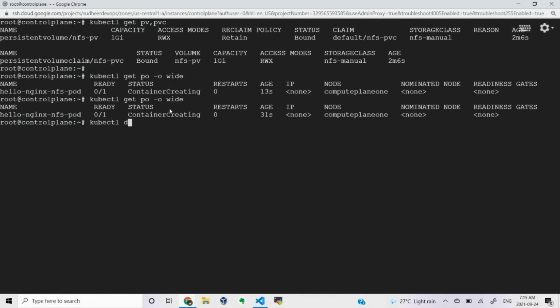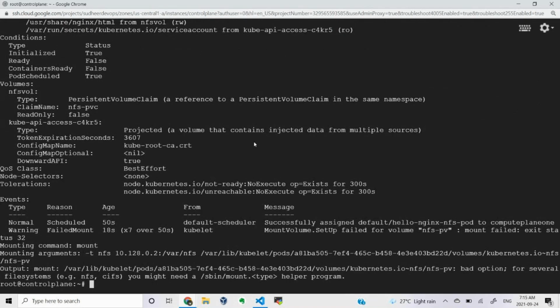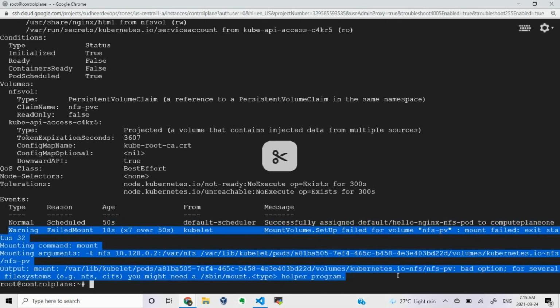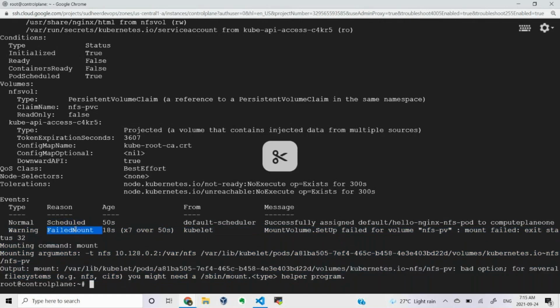I just want to see. So then we have to use describe pod and the pod name. You can either give a space or give the name, whatever it is. You can see there was an error. Can someone tell me what could be the error? What went wrong here, based on the things you know? Something went wrong. You can see it is a failed one. What could have gone wrong?